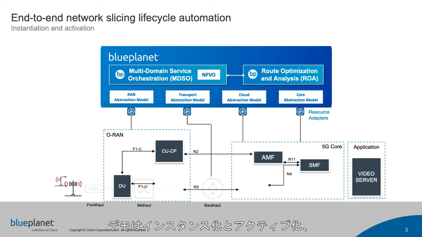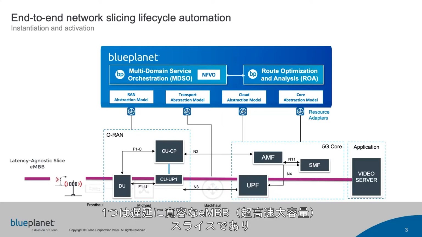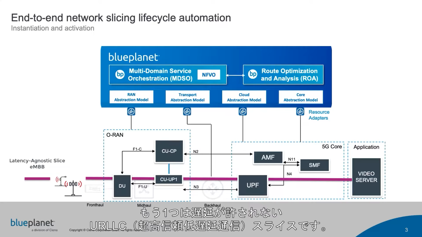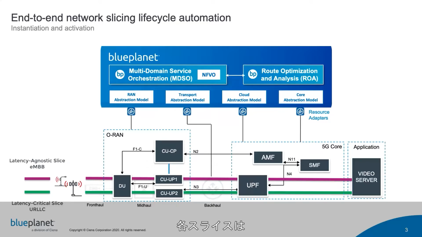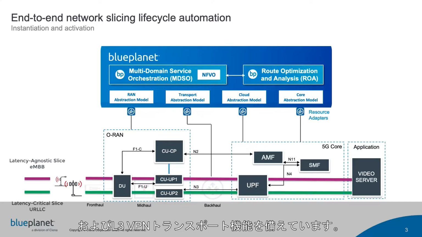The demo is divided into three phases. As part of the instantiation and activation phase, we will begin with the instantiation of two network slices. One latency agnostic enhanced mobile broadband or EMBB slice, and one latency critical ultra reliable low latency communications or URLLC slice. Each slice will have their own dedicated RAN CUUP, which is the centralized unit user plane, and L3 VPN